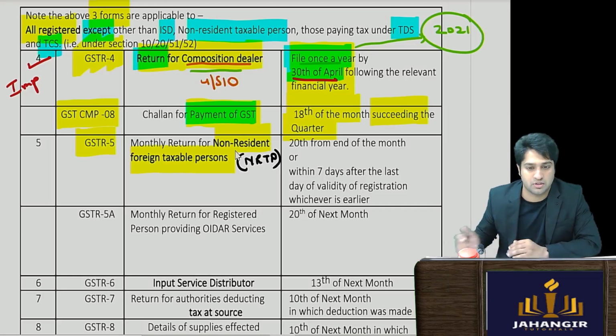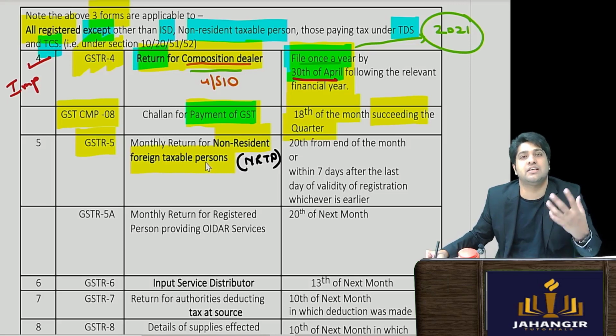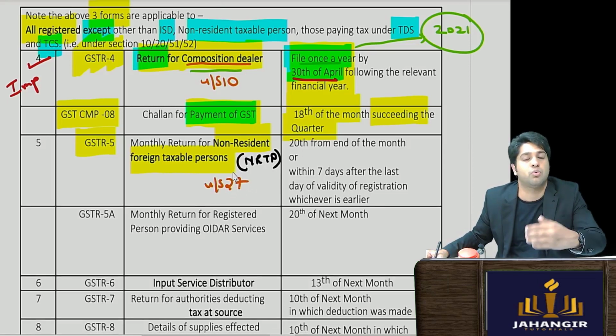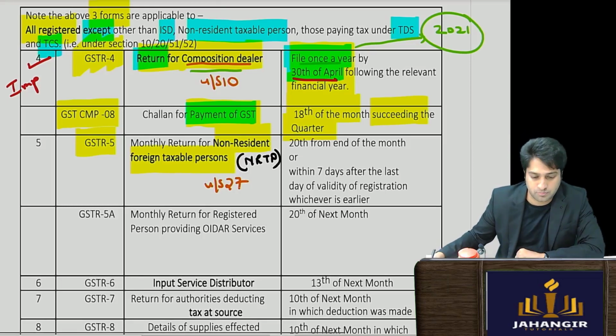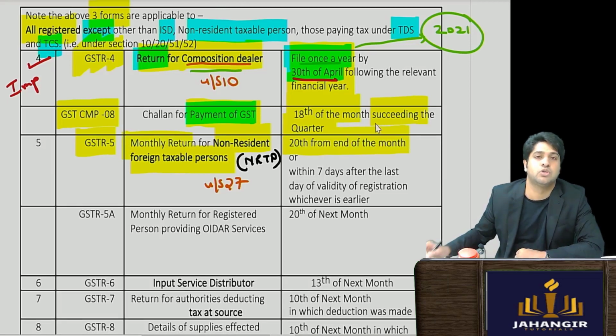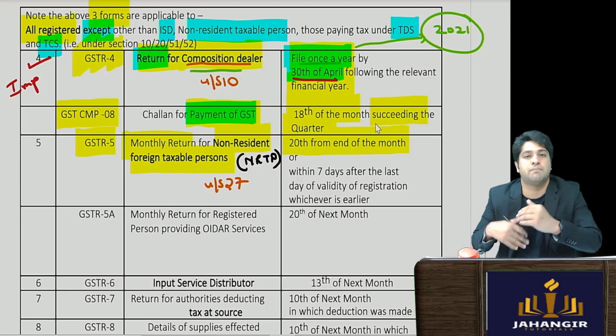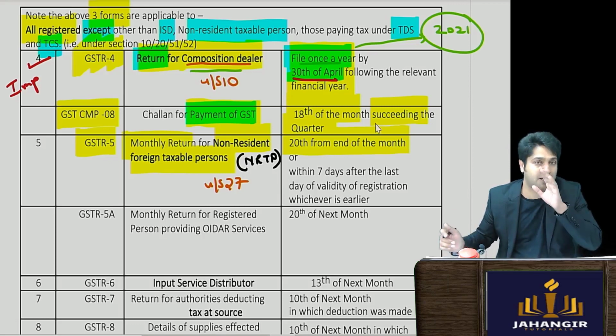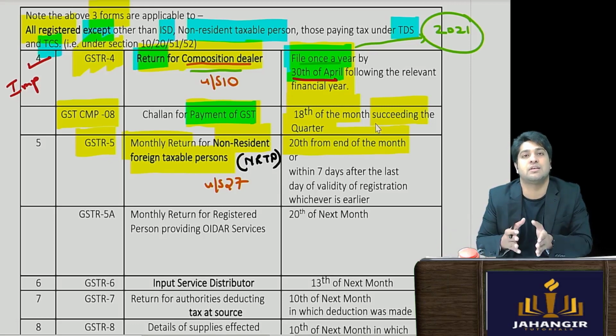Okay, the provisions are contained in your section number 27 of the act, which you can read, what is non-resident taxable person and the details of it. We are talking about the returns where non-resident taxable person has to file. So they have to file a return on monthly basis by the 20th from the end of the month. So moment the month gets over, by the 20th of the next month they need to file. So for the month of Jan, the return has to be filed by the 20th of Feb.